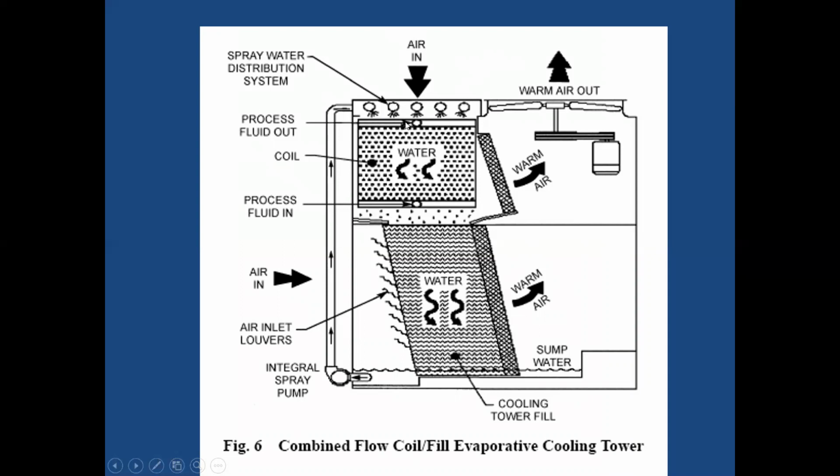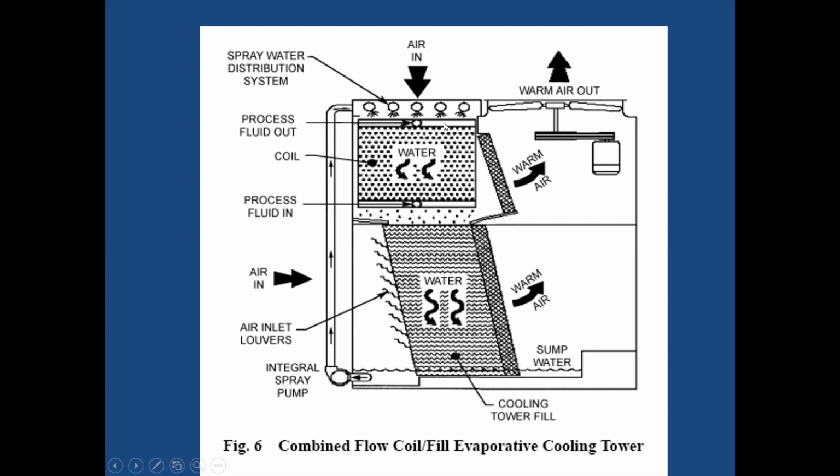So the process fluid gets cooled and then again sent to the condenser. This hot water, at the downside, is made to flow through the filler material, and through this filler material air is also flowing in a cross flow manner with the help of this blower. The air takes up heat from this water, which gets cooled, and this cold water is again recirculated to absorb the heat from the process fluid. So the heat transfer is taking place at two locations.